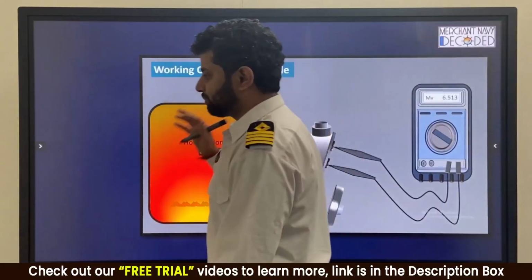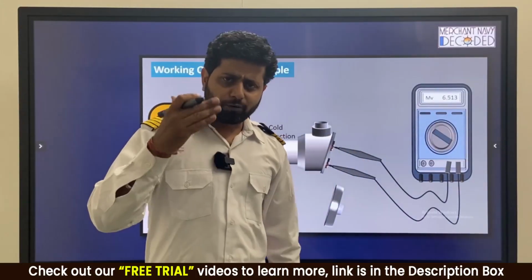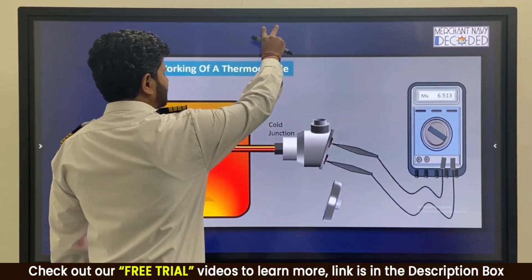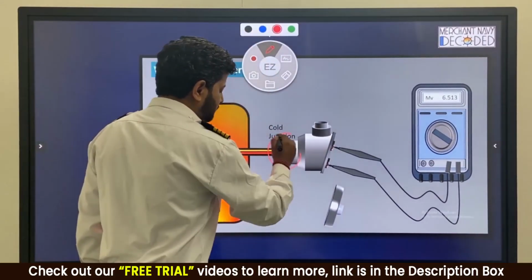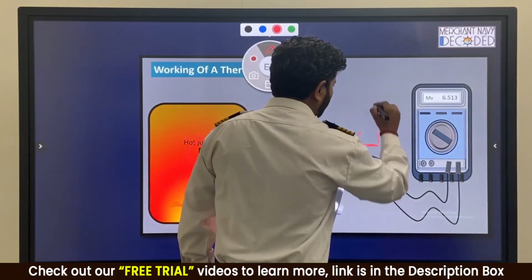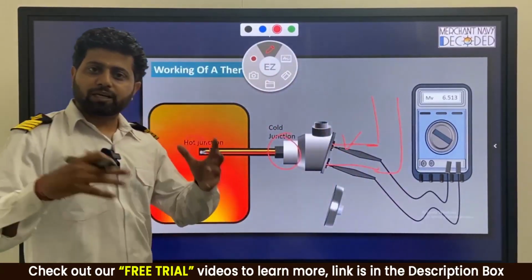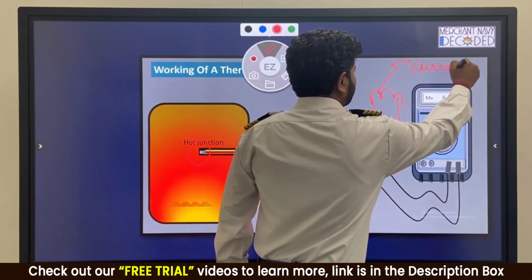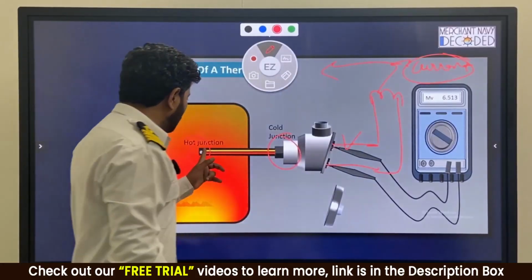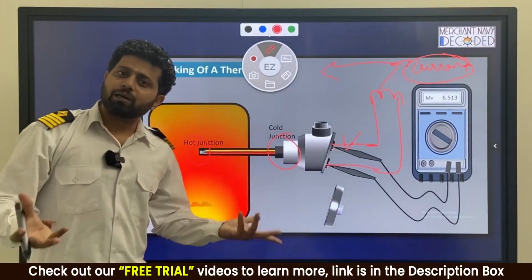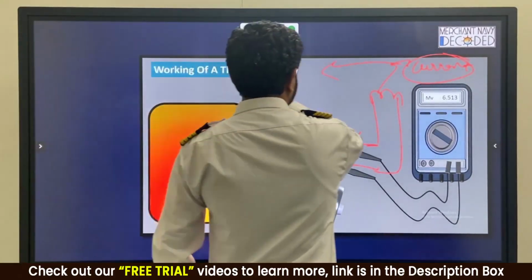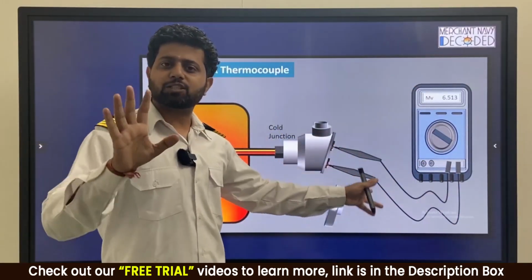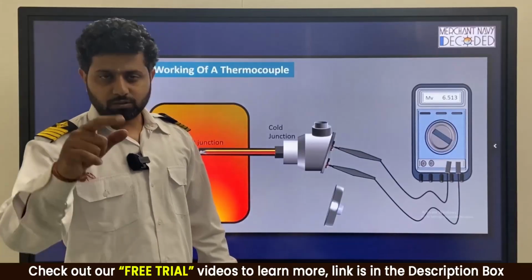Now let us talk about thermocouple. Again very similar. We have already discussed thermocouple. This is your thermocouple. This has got a hot junction. This has got a cold junction. Because of this difference, a voltage is produced. This voltage is then further converted into a current signal. If we close the loop over here, then this current is measured, and this current then tells us how much is the temperature inside over here. Simple. How? I will tell you right now. And even, let us not convert it. Whatever this voltage is, measure this voltage and you will know the temperature. Let me show you how.